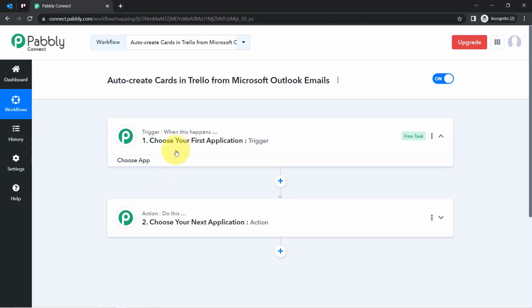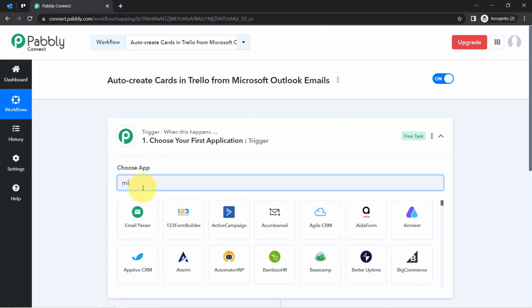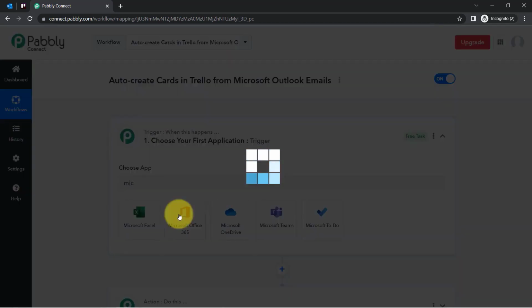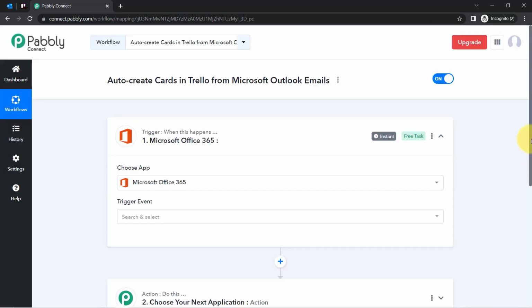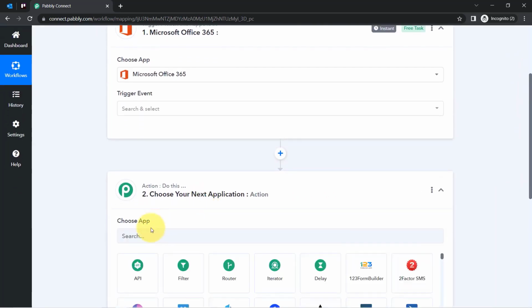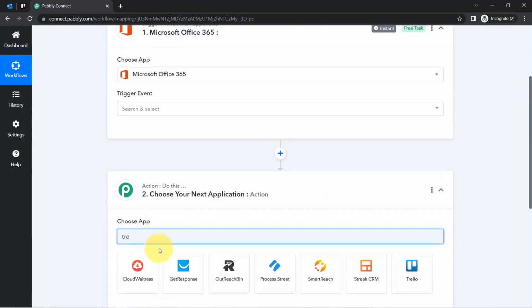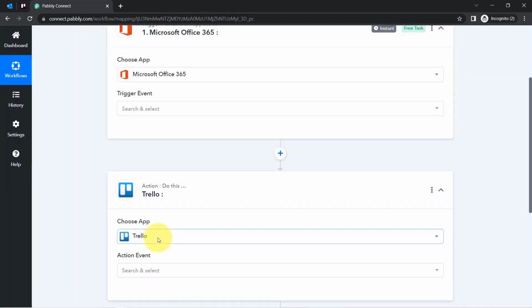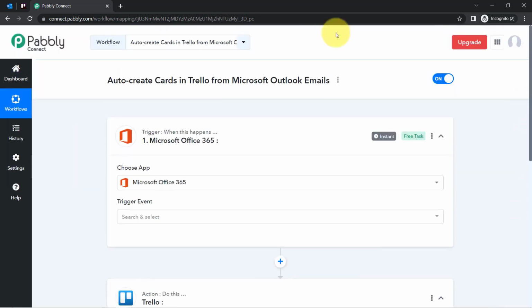Okay, so this is how you need to always select the application in which you are building an automation. And here I am building an automation in between Microsoft Office 365 and Trello. So I am going to select these two applications and I am going to do the setup of Trello later in this case. And let us first integrate Microsoft Office 365 with Pabbly Connect,